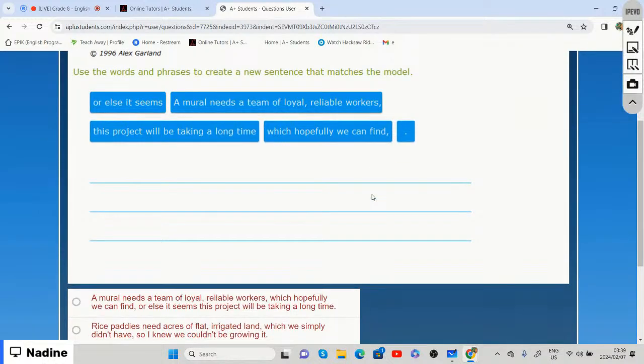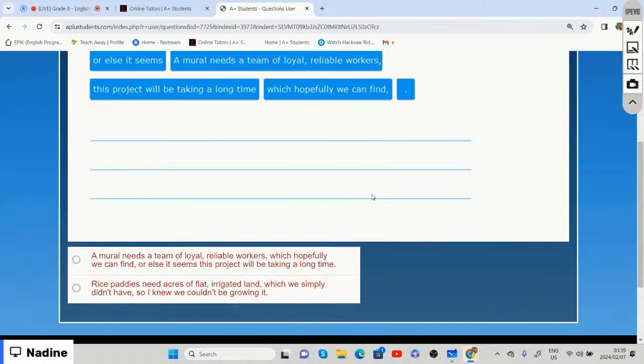So we need to choose the correct answer. Is it: a mural needs a team of loyal, reliable workers, which hopefully we can find, or else it seems the project will be taking a long time? Or is it